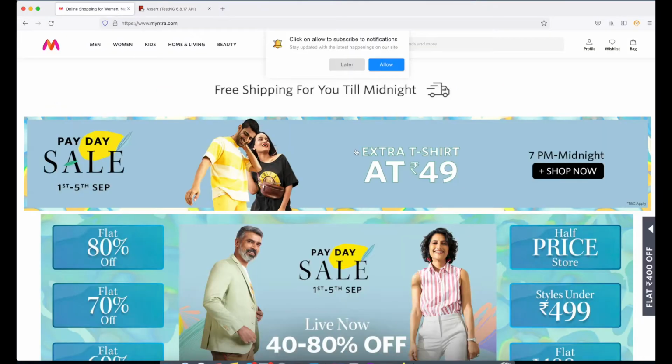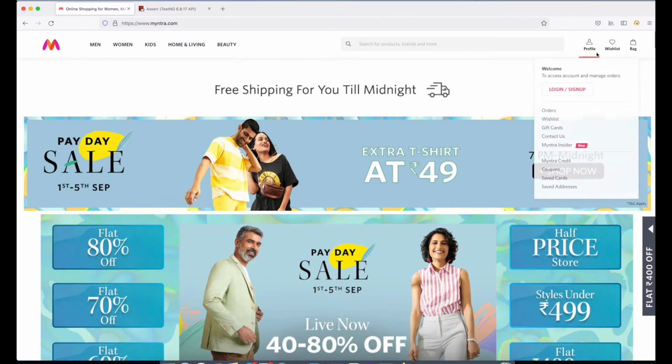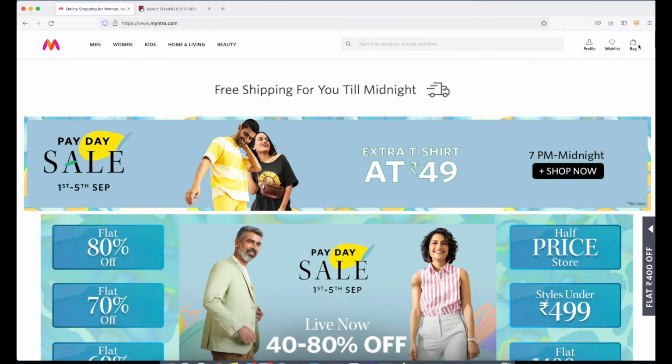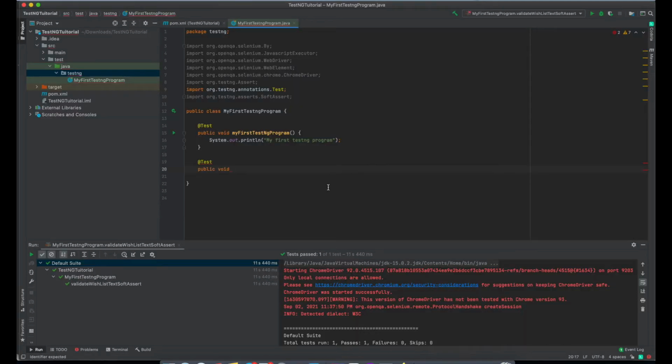Let us just start with a simple thing. Maybe we are just going to validate something from here, maybe the wish list. So we are going to create a method, validate wish list, and maybe the text that we are going to validate.